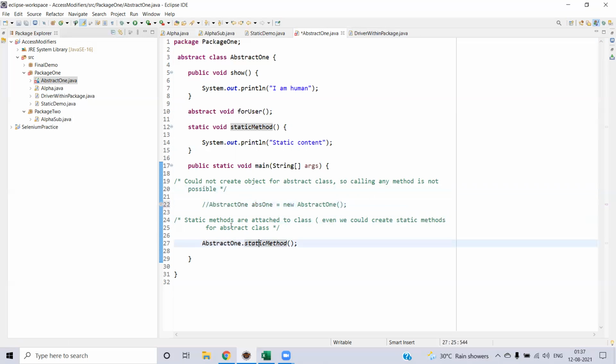And second point, static methods are attached to the class, so you don't need to have the object for the abstract class. Obviously, you cannot create one even if you want. You can access the static methods inside your abstract class by using the abstract class name followed by the static method name. Since we don't have the instance creation for the abstract class, obviously you cannot access the instance method.